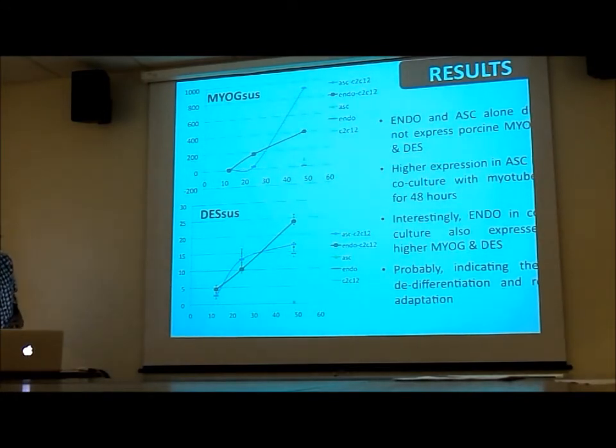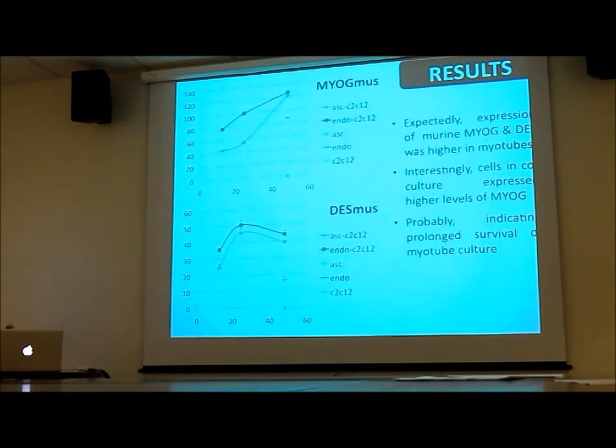But something interesting happened: the endothelial cells, which were not supposed to differentiate towards myogenic lineage, showed some 400-fold expression of myogenin and some expression of desmin too. So it may be possible that they redifferentiated and readapted themselves to form myotubes, and that's why we found this expression. We also used myogenin and desmin from murine, from mouse,